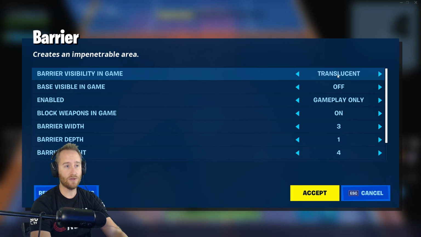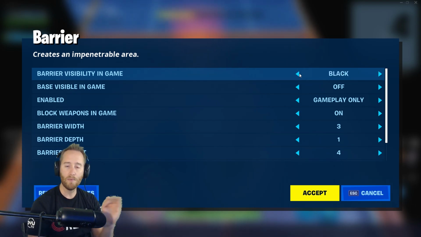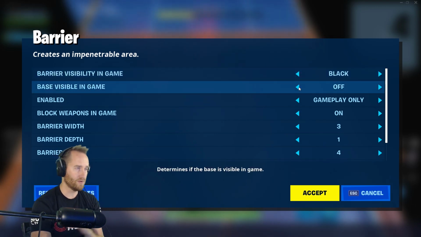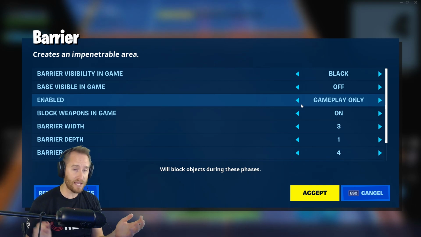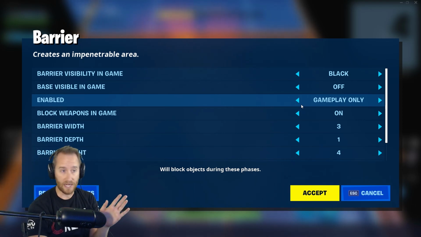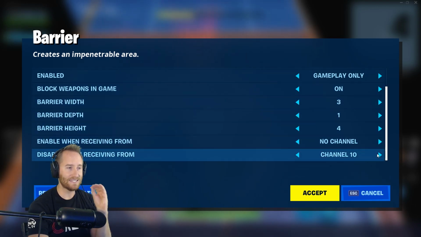Okay, so now let's open up the customization of the barrier. Now I set it to black. You can set this to anything you want. There's a lot of different colors. There's solid 1, solid 2, whatever, but black was what worked for me on this one. The base is not visible. I have the barrier enabled on the gameplay so that people just see a black wall and think there's nothing there. And then I make sure I have the sizing right,